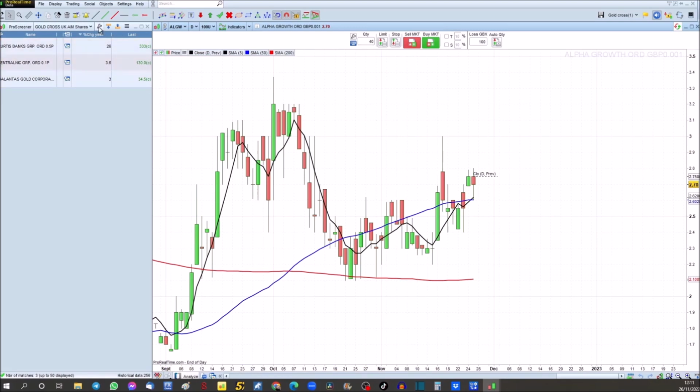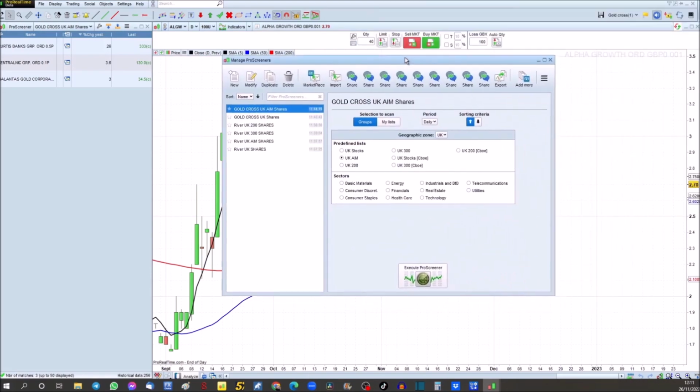Now, the first one is get used to knowing what this spanner is. You'll use that spanner all the time. So you click the spanner on, and it opens up a window like this. Now, I've got predefined setups already, but what we're going to do is just make a new one so you can see it. Okay, so if we click new,